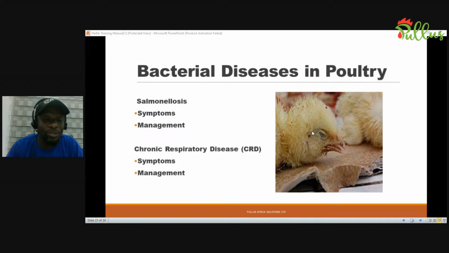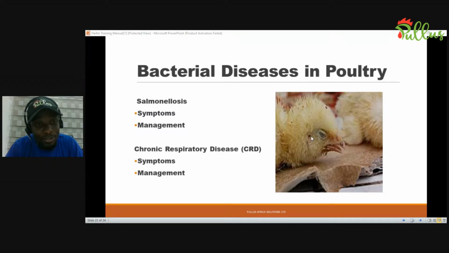So most times you see 2 week old birds that look as if they are day old or 1 week old, because they are not feeding well, because this problem, salmonellosis, is actually affecting them. And like I told you, in small chicks we call it pullorum, and that most times comes from the hatchery. So that is why it is important you buy your birds from a reliable source, so that you can avoid this problem.